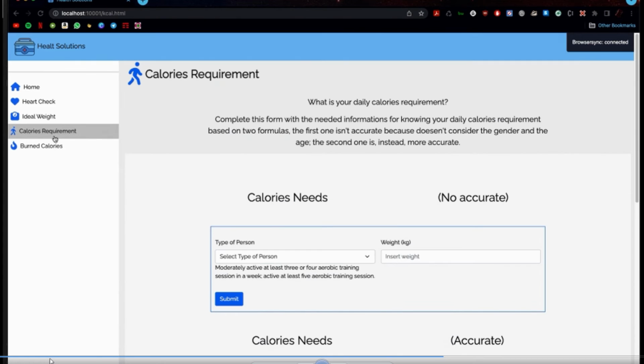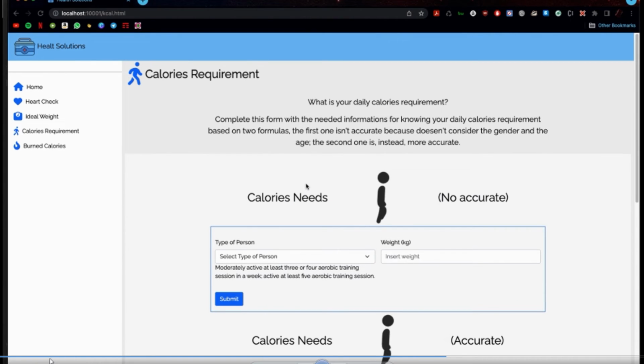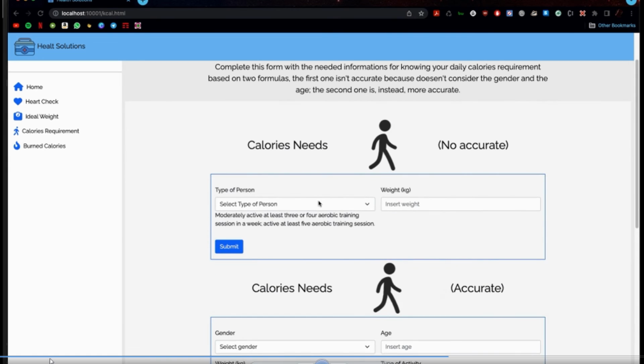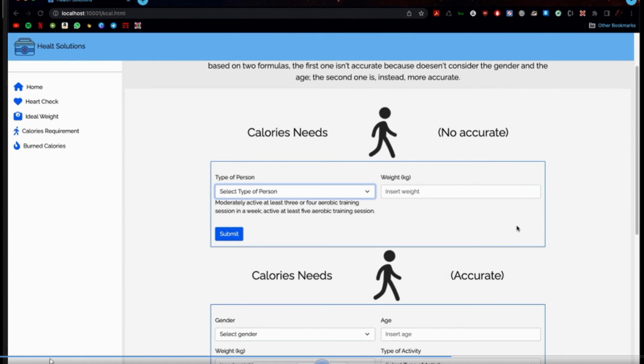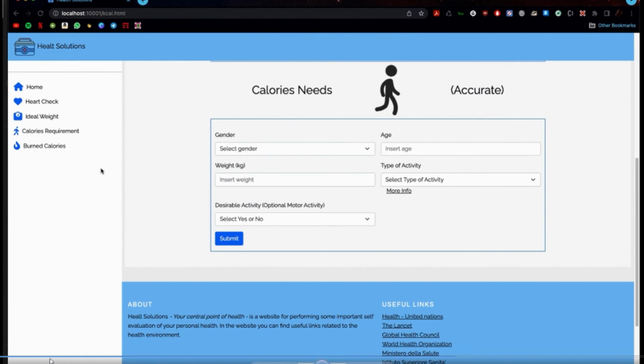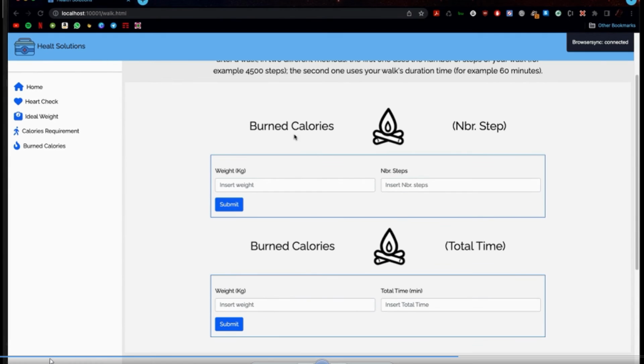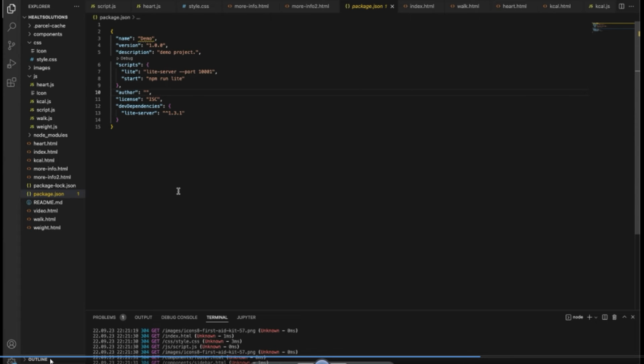These are the other two features, so understanding what the daily calorie requirements are, for example with an accurate or inaccurate formula, and the burned calories, for understanding how many calories I have burned after a walk, based on two methods. So, returning to the code,